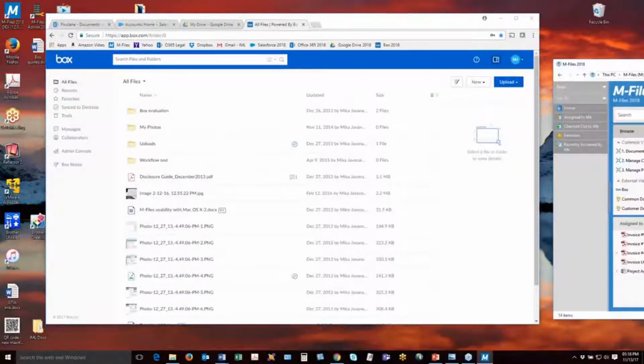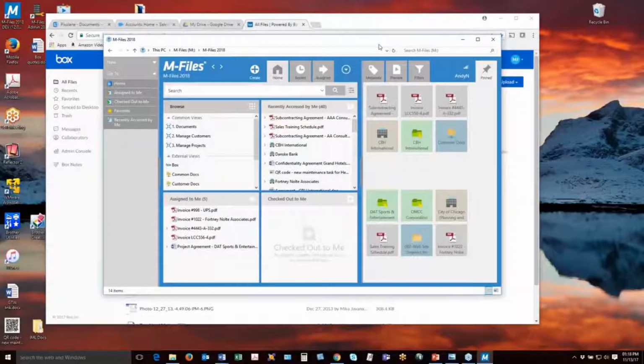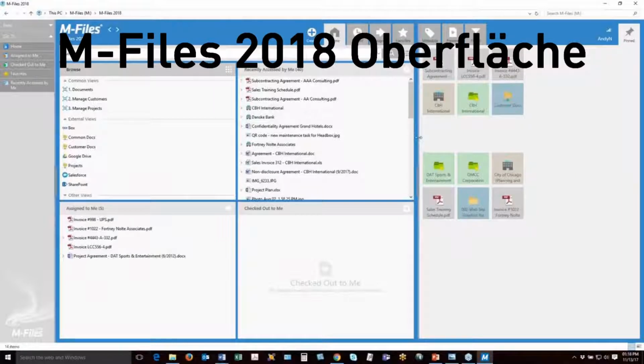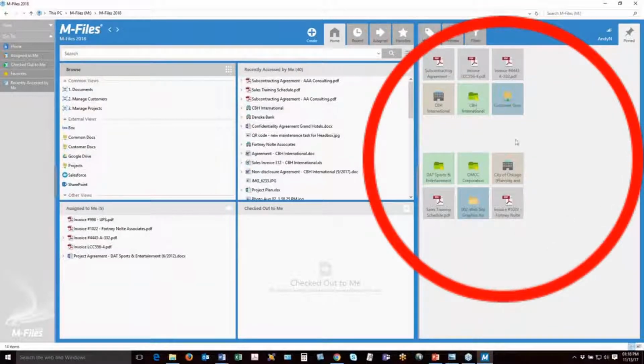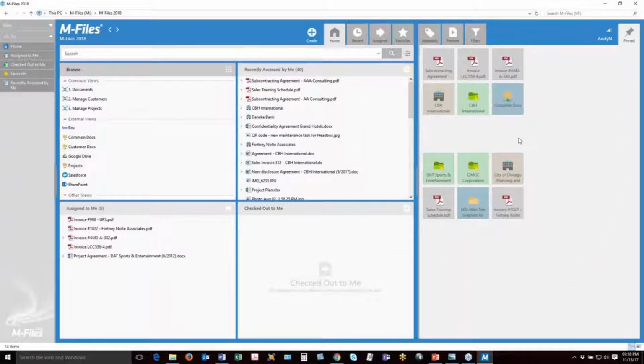Now let's bring over M-Files. And this is where it gets interesting. So what you're looking at here is M-Files 2018. And you'll notice the UI has changed somewhat. There's this really cool pin board where you can pin really any object that's of interest, a customer, a document, a dynamic view, etc. So let's look over here in the window in our desktop application and notice that you